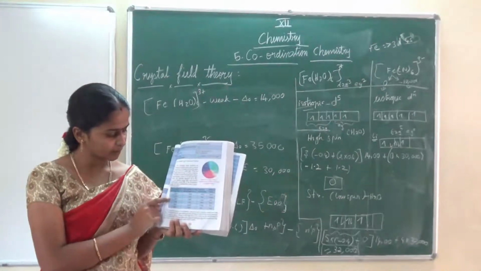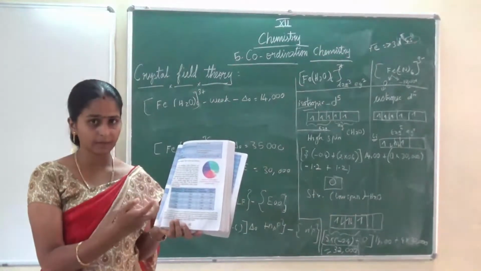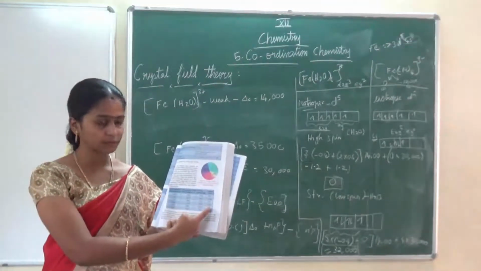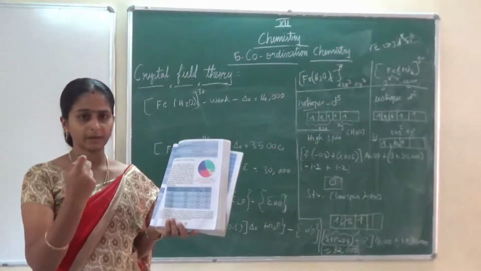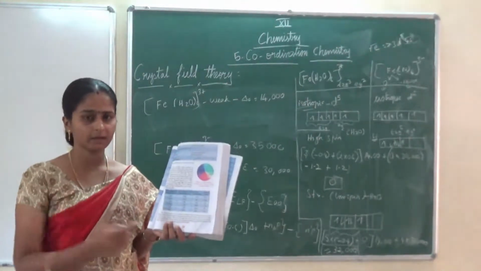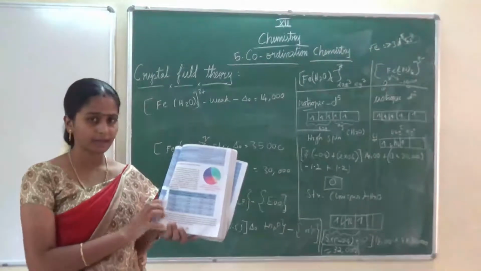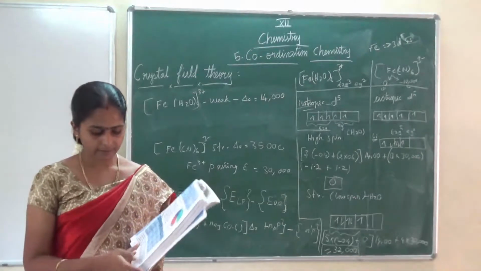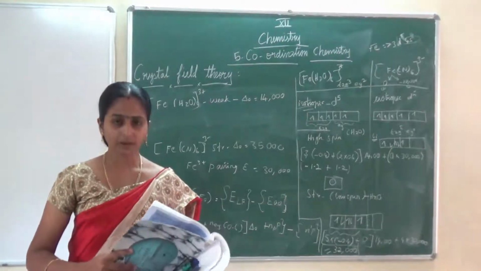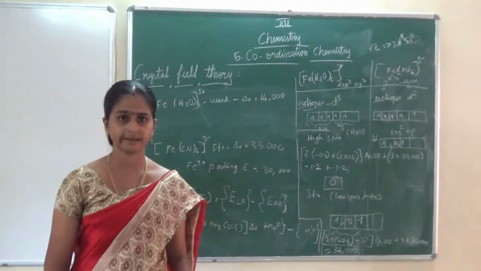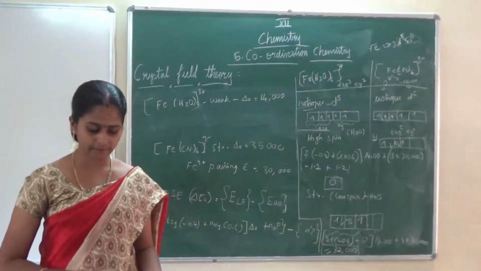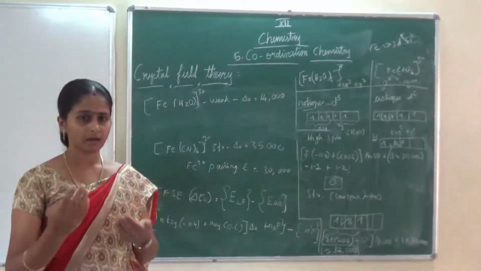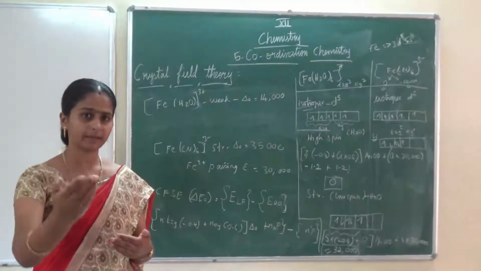So based on the wavelength of the particular absorbed light, which light they have absorbed, in contrast to that it will appear, so we can observe a different color. Just they have given it in this table. Okay, just go through that. In the same way in coordination compounds, how the colors exist. Here we are talking about wavelength. Based on the wavelength, the color is absorbed and the emitted color is different.